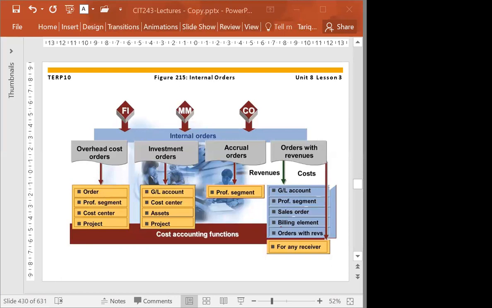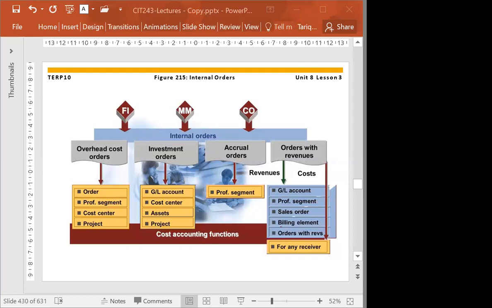What SAP has done, they grouped internal orders into different categories. For example, overhead cost, investment order, accrual orders, and then order with revenue. Now, for overhead costs, for example, you have purchased a car, a vehicle, and you paid the cost, so it becomes an asset.